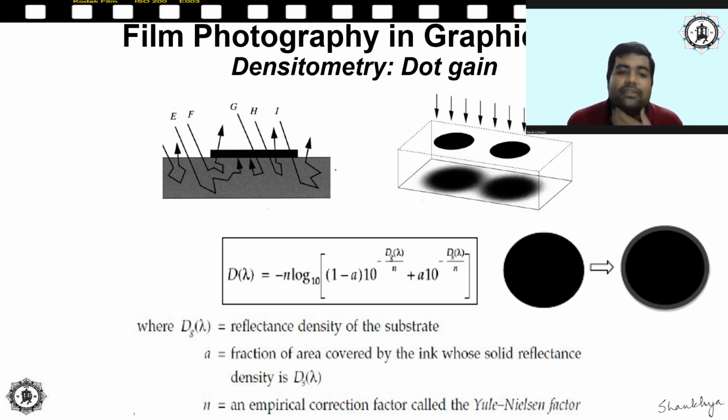Okay, next we have this concept of, don't look at the formula and all, next we have the concept of optical dot gain. So when we are making film, the negative film, there is a chance, because of some optical properties or the way light rays hit the film surface, that the size of the image area will increase. Now what a dot is, we don't know yet, but I'll just give you a brief idea.